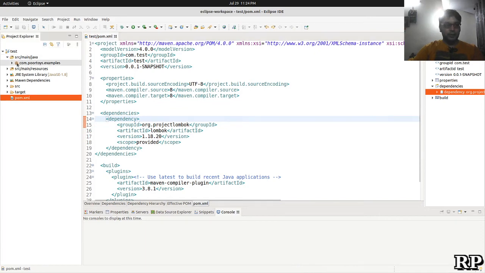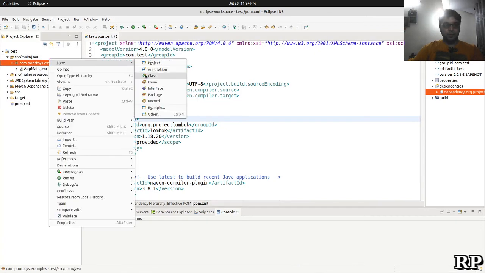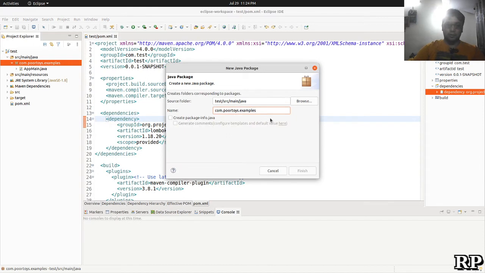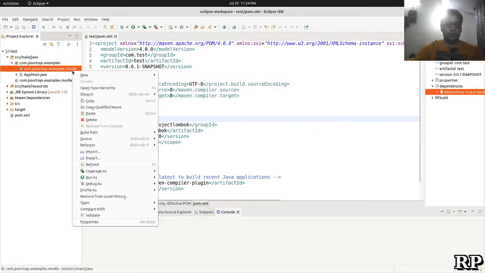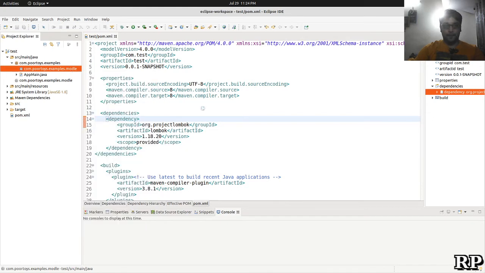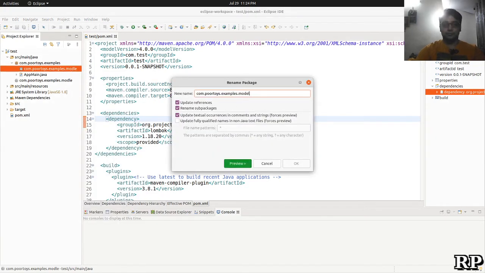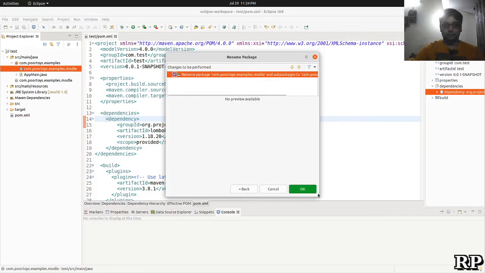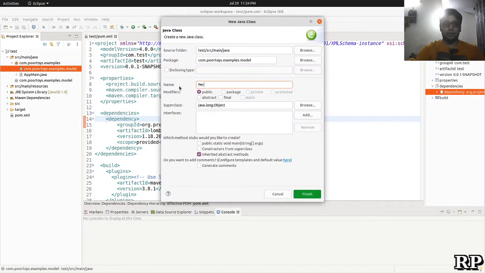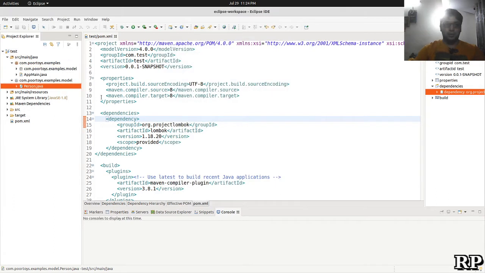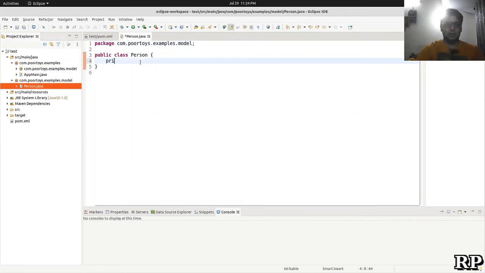So let me make a model package first. Let me create a model called Person, and this person has two properties.